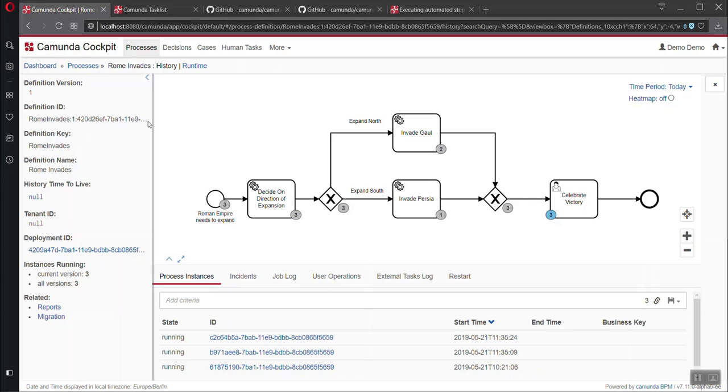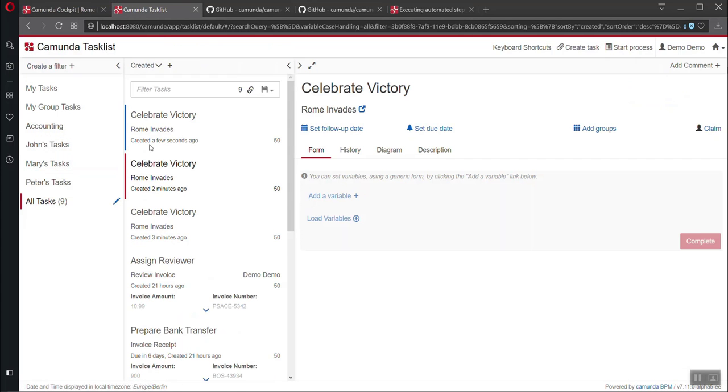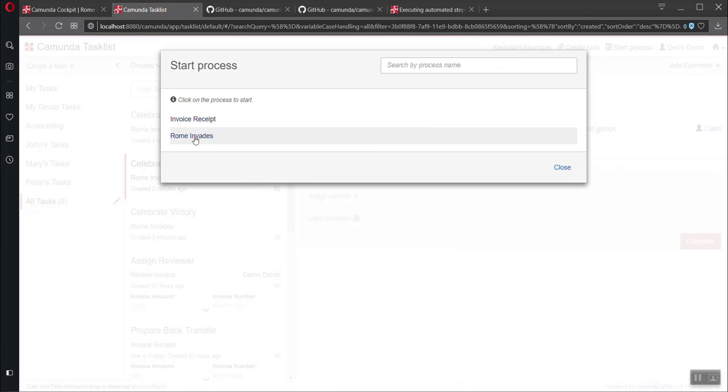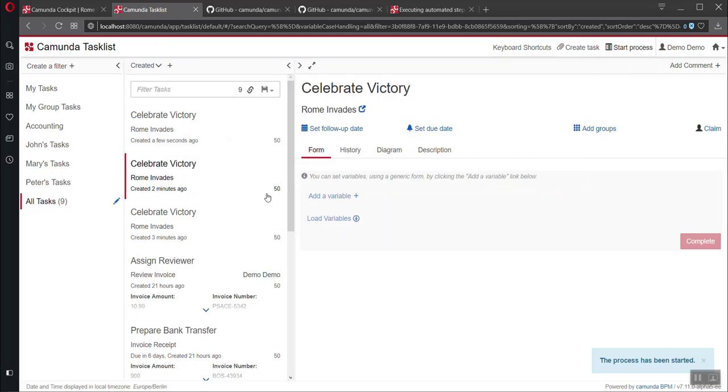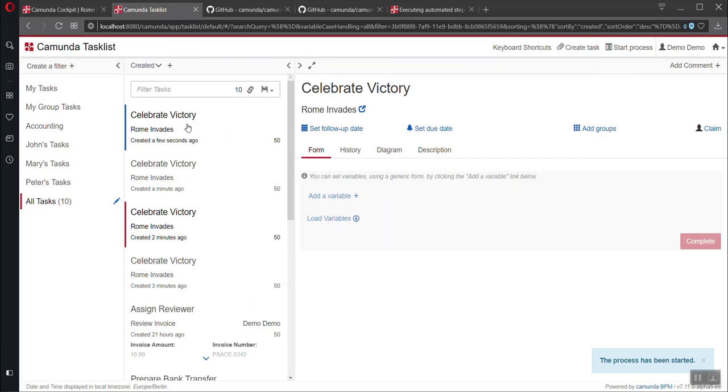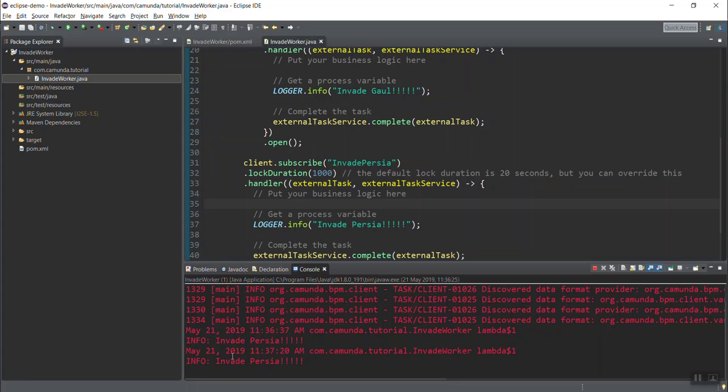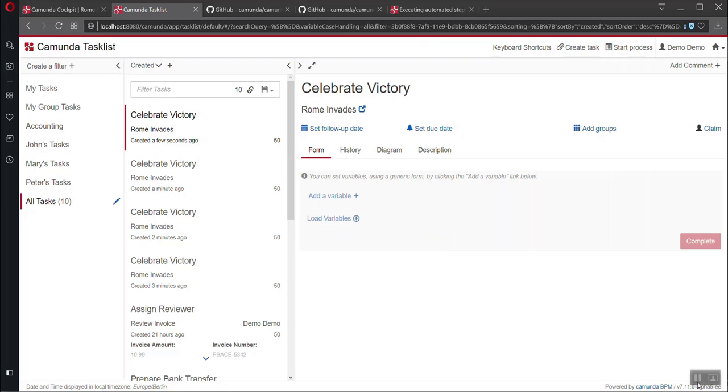So now if I were to start this in task list, we have 3 victories here. If I start a new process, Rome invade and start, we should then see that we have a 4th, because it completely ran through the whole process again, and this guy would have completed something, and so did the JavaScript, the Java worker as well.